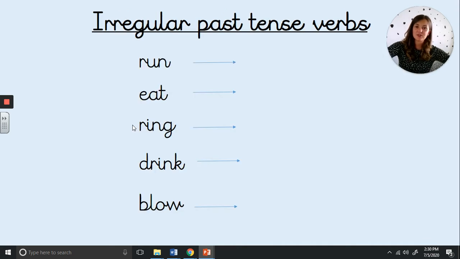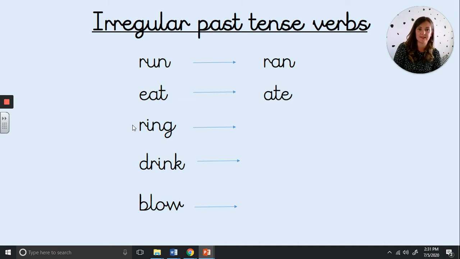Amazing. So I did just say that most past tense verbs end in an ed, but it isn't always the case because we have other verbs called irregular past tense verbs and they haven't got an ed suffix. But we wouldn't change run to rund. We wouldn't say yesterday I runned in the park. We'd say yesterday I ran in the park. We've got eat. I wouldn't say I eated my breakfast. I would say I